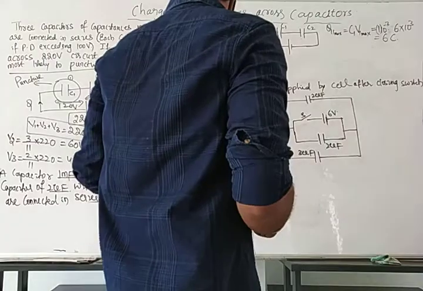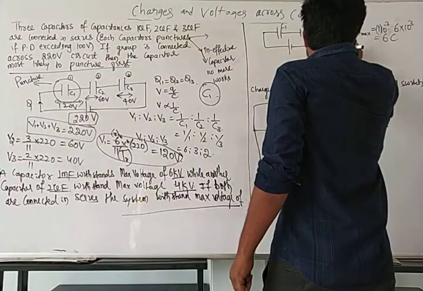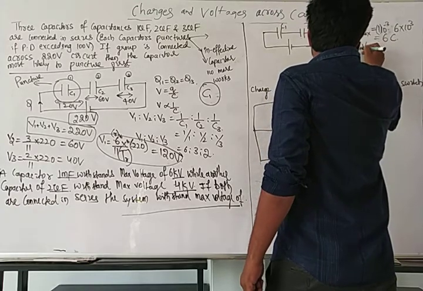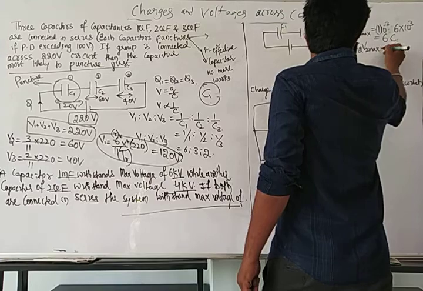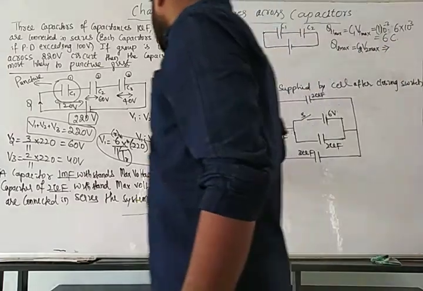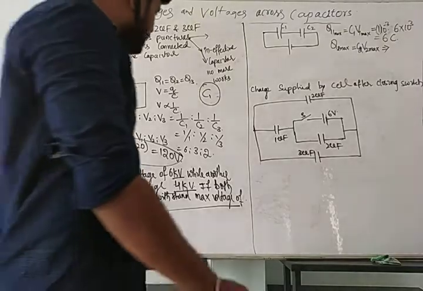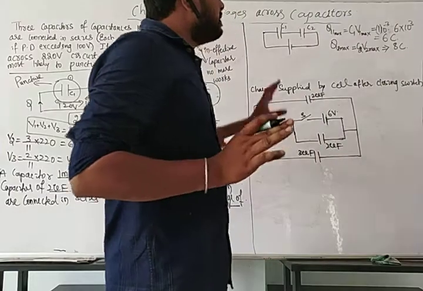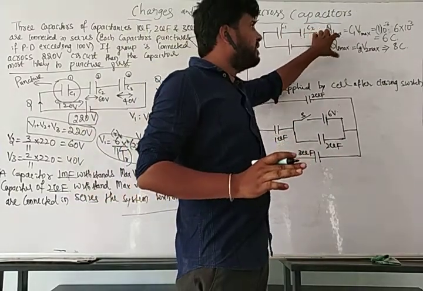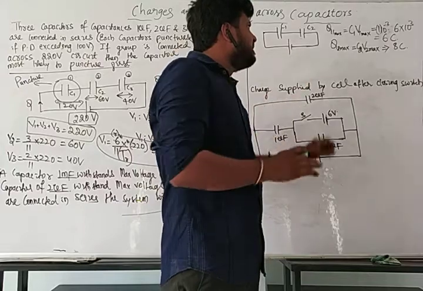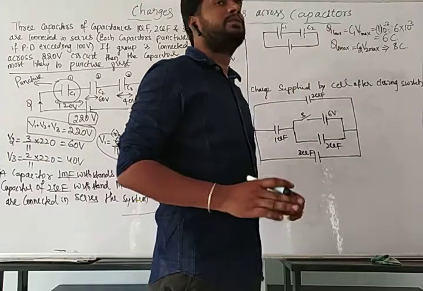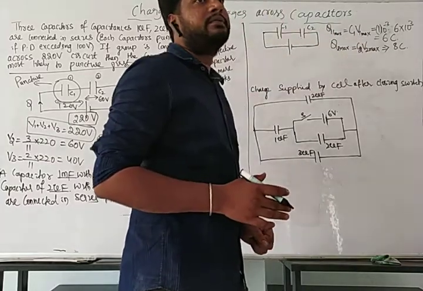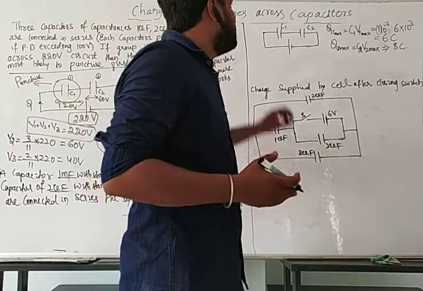Okay. Now similarly, if you calculate the maximum charge that can be withstood by the second capacitor, it is C2 into V2 maximum. According to the given condition, you can see here 2 microfarad, maximum voltage 4 kilovolt, and finally you will get 8 coulomb. Okay. The main point here is: when they are in series, they have to carry the same charge. But according to the given condition, you have different charges. Then how to apply this to the given condition?